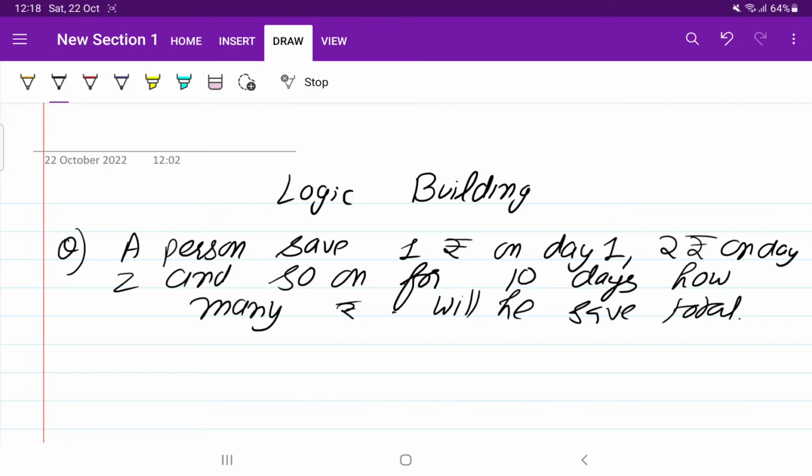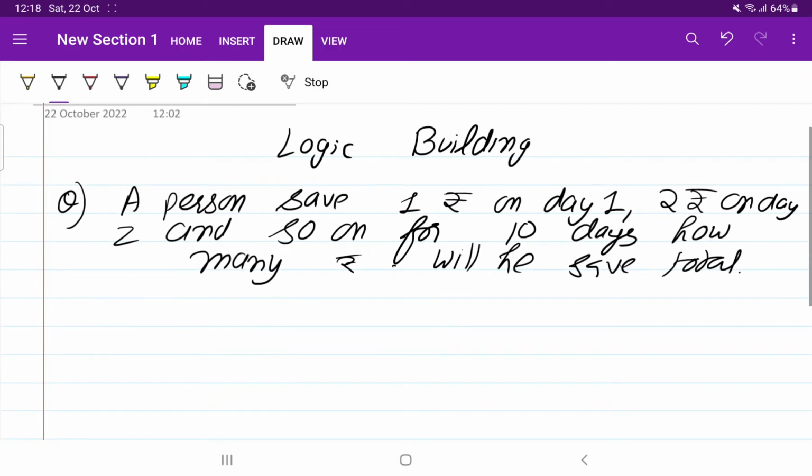I will tell you the code, but don't get confused about how I have written the code. In later lectures, later sessions, I will tell you each and everything. But as of now, just focus on the logic part. The main thing is how we are building the logic. So you should focus on that only.